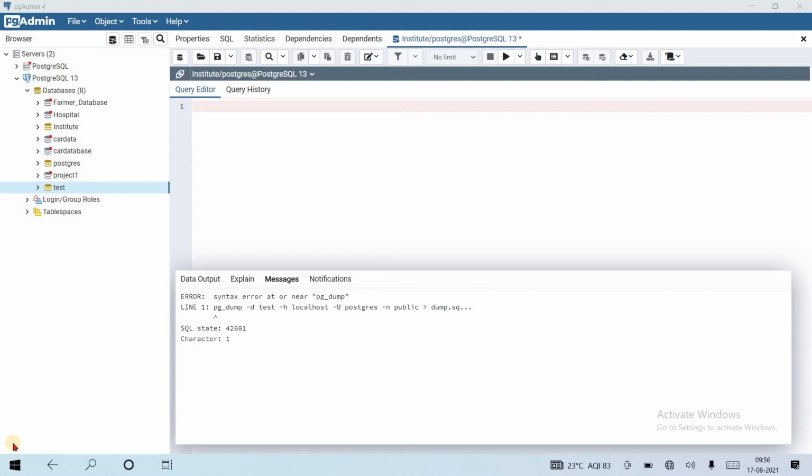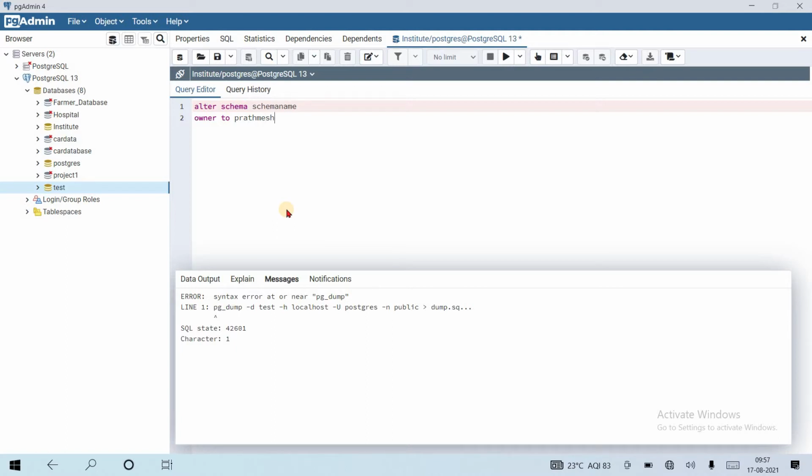Okay, so how can we alter the owner of a schema? Let's see how to alter ownership. The syntax is ALTER SCHEMA schema_name, and then either RENAME TO new_name, or similarly OWNER TO new_owner, suppose Prathamesh.